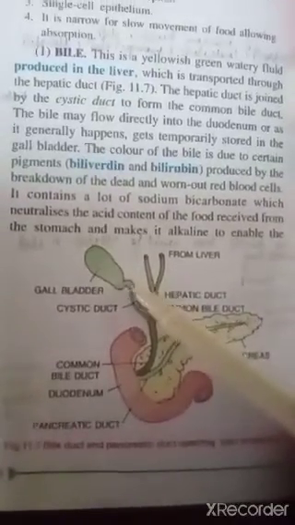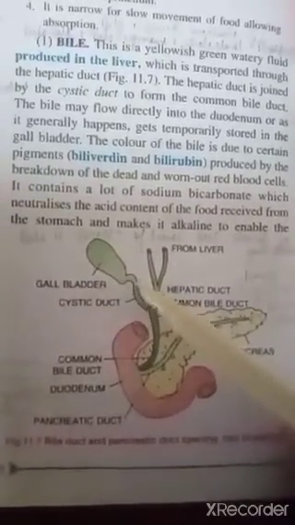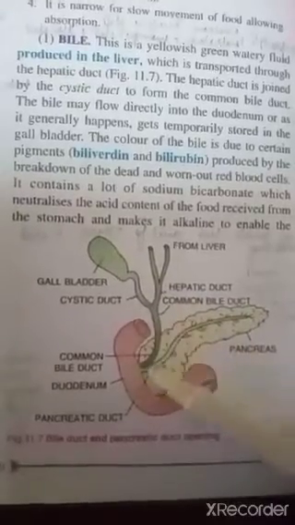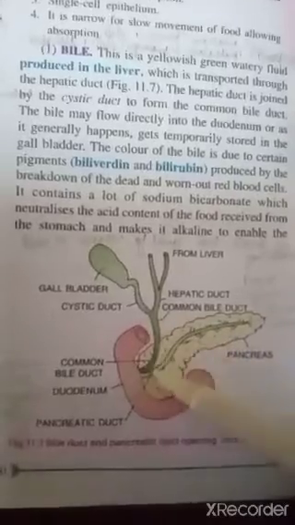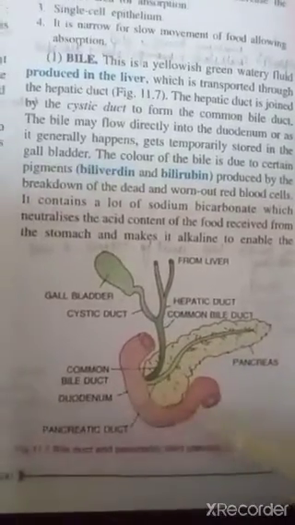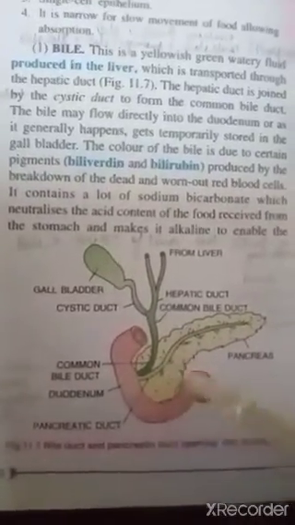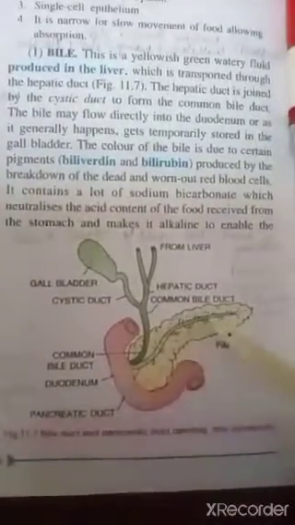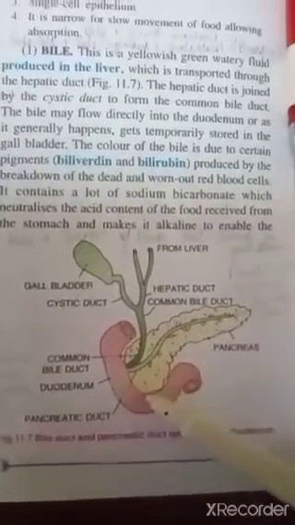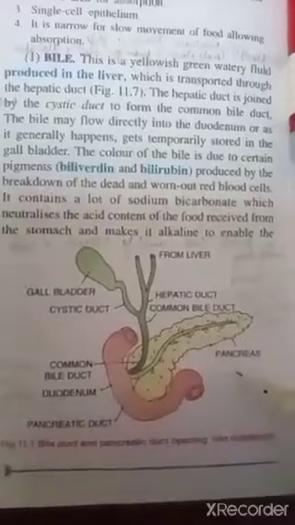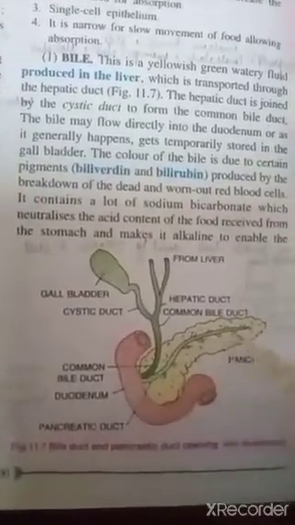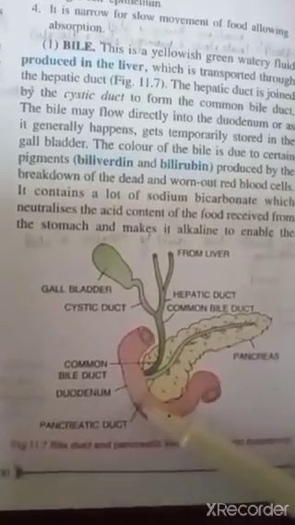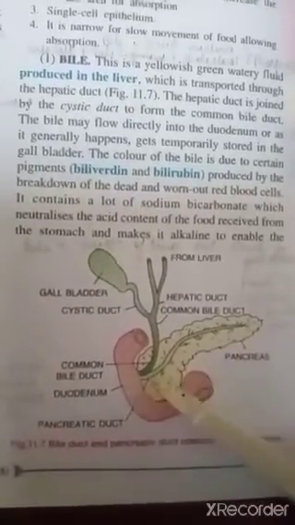Okay, and from the gallbladder, the duct is known as the cystic duct, which also combines with the common bile duct, and after some time this bile goes into the duodenum, which is part of the small intestine. As you can see here, just beneath the duodenum is a leaf-like structure known as the pancreas, and pancreatic juice is secreted by this pancreas, which also goes into the duodenum from the pancreatic duct.